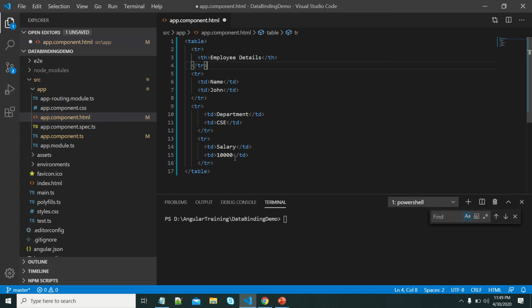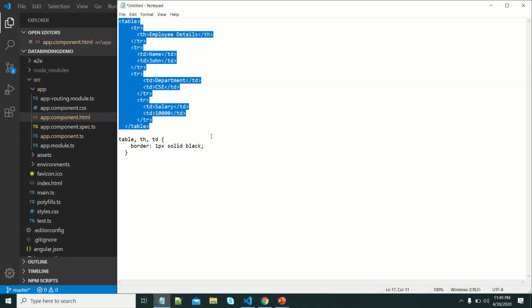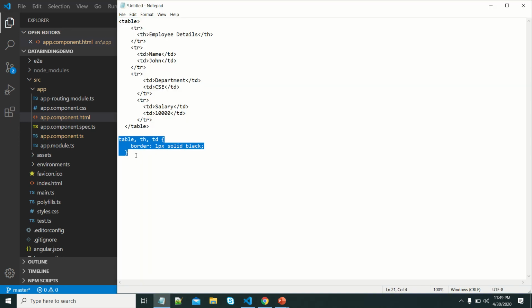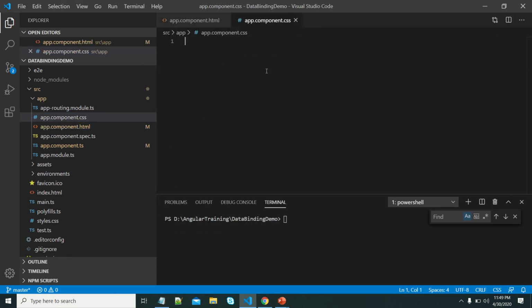If you want to display this, let me add some styles so that the table will be displayed properly. Here we can see we have written styles for table header and data, creating some border. Let me try to run this.